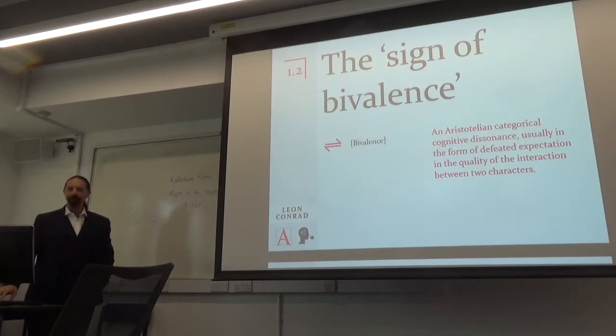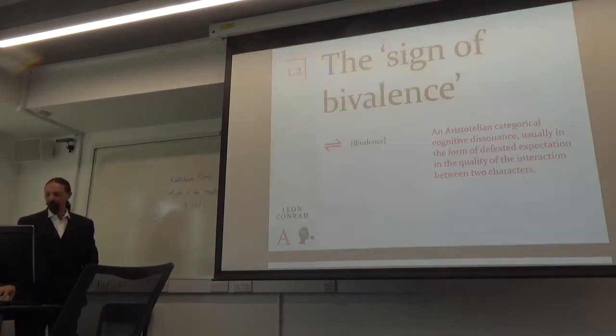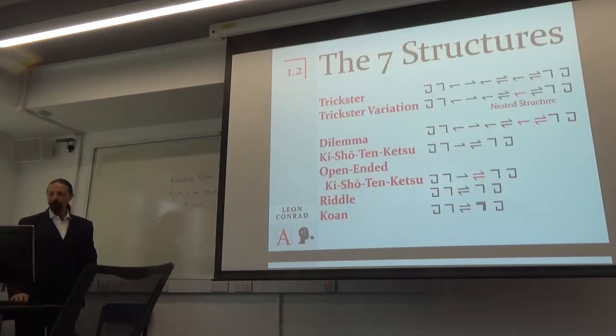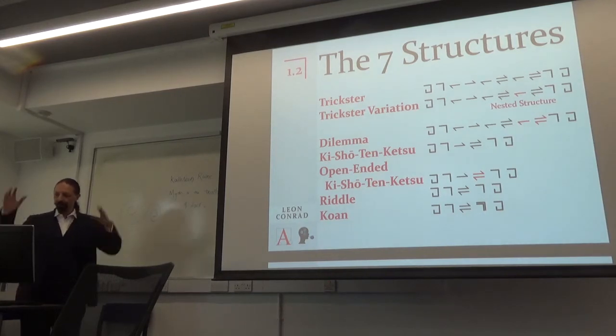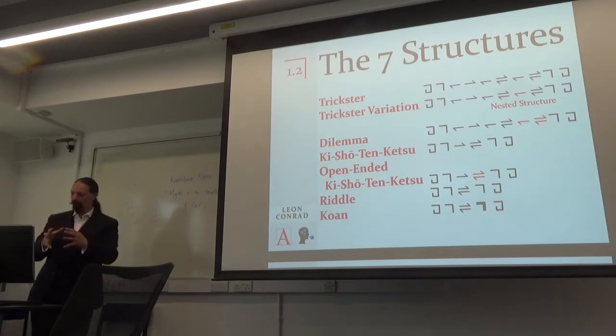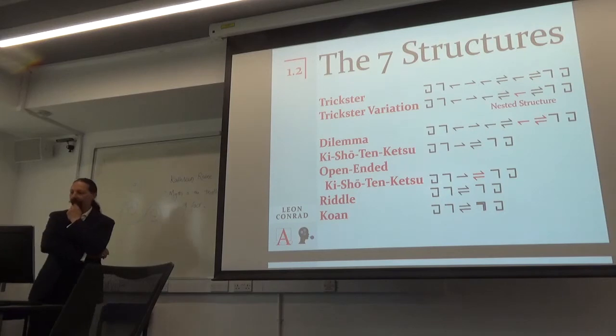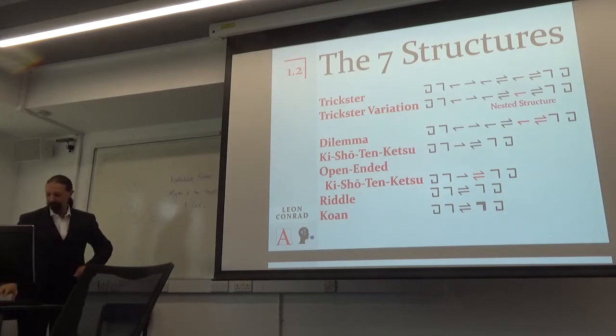So what is this sign of bivalence all about? How does it work? Well, it appears in 7 of the 18 structures, and these are the ones we're going to be looking at today. They look in notational form like this. And I've arranged them in a particular order so they get more and more compressed. I'll come back to this slide,